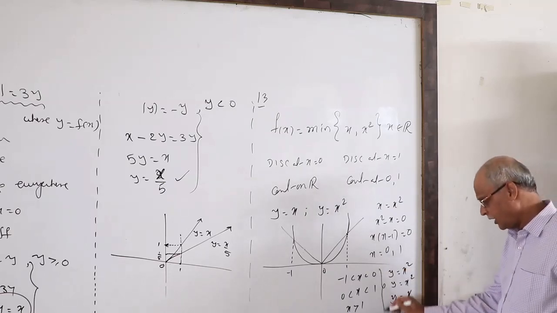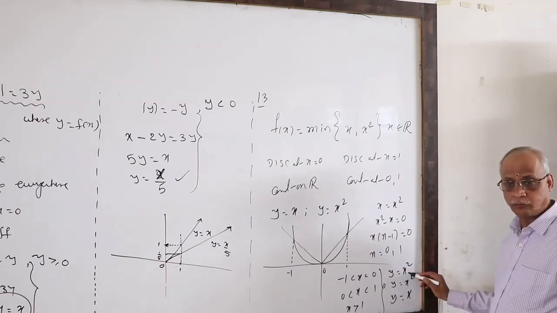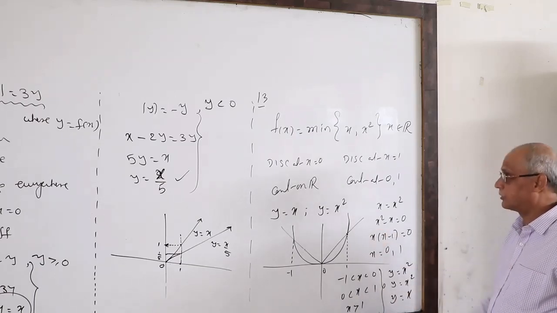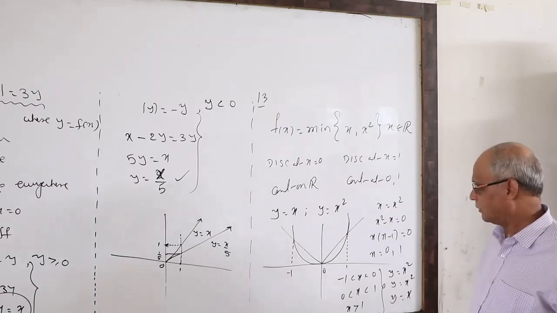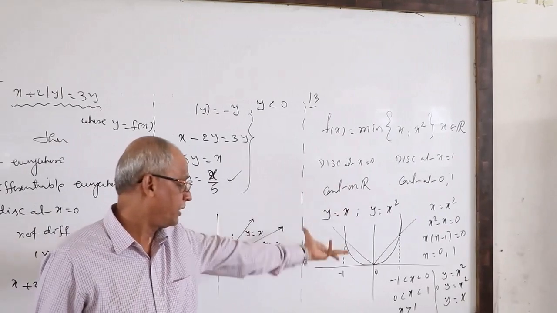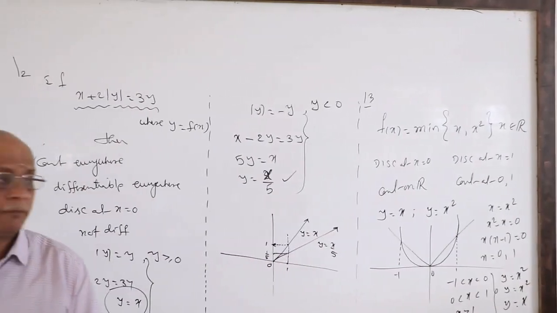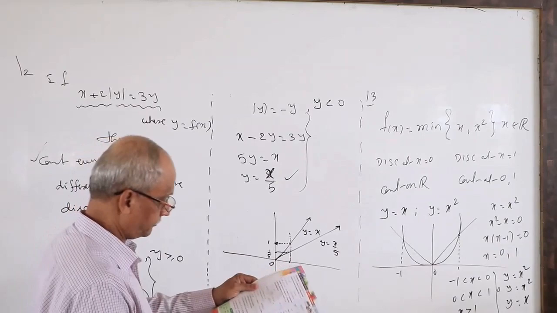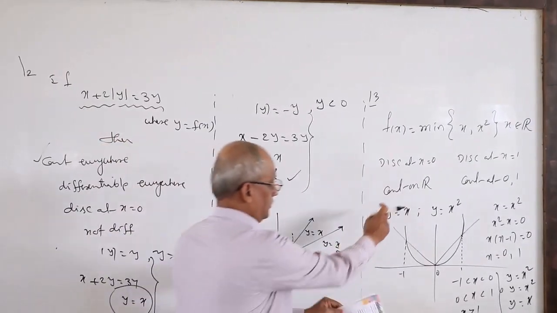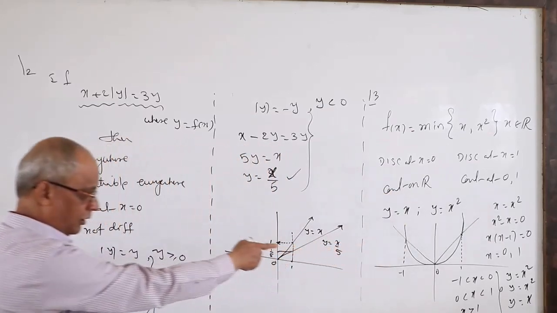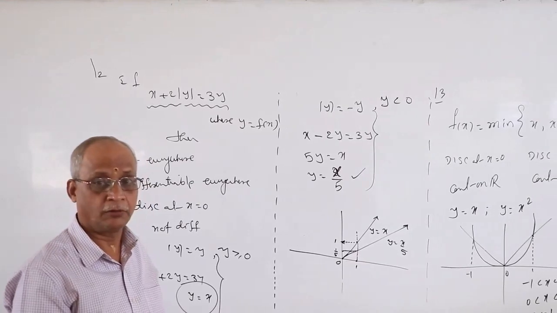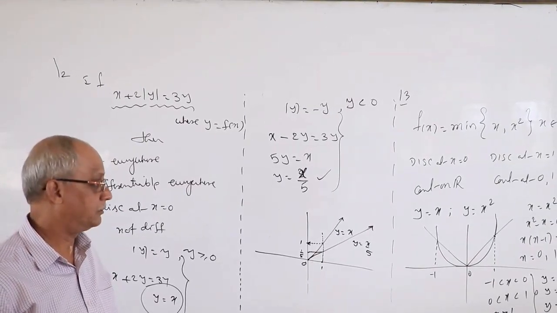With this what did you decide? It is also a polynomial, a smooth function only, continuous only. y equal to x, anyway we know, is a straight line, a continuous function. Overall it is continuous at all real numbers in the intervals. Therefore the function is continuous. Where is the option? D. Continuous on R. The graph is important. You keep this graph ready. Later in future we are getting this discussion again for main chapters.